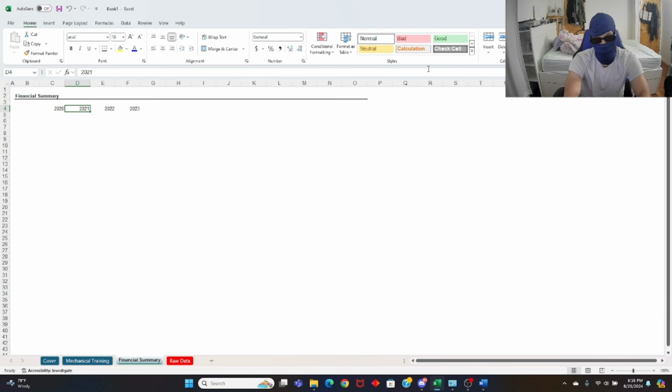What I can do is use a formula. So it'd be equals, you go to the left, and you type in your formula, +1. So this formula is going to be whatever cell is to the left of me, one value bigger. And now you're going to hold Shift and Control, go right, and then paste. You want to paste the formula. So now it looks like this. Now let's throw it at 2024, but let's say we want to add a 5-year forecast, 2025 through 2029. So this +1 goes on forever.